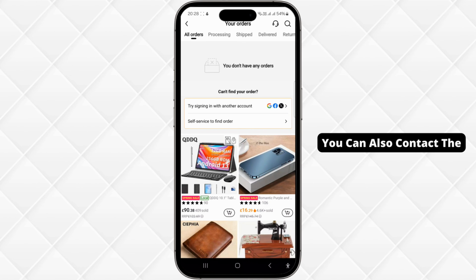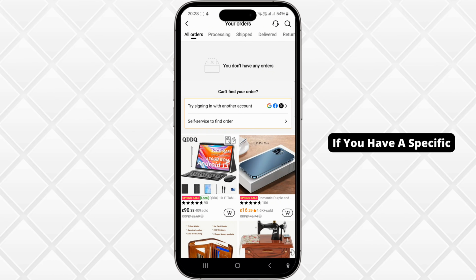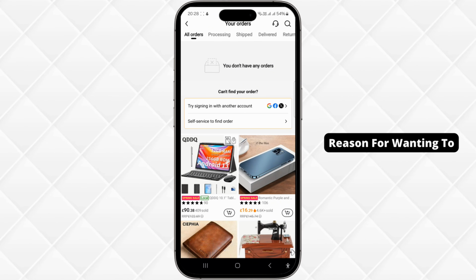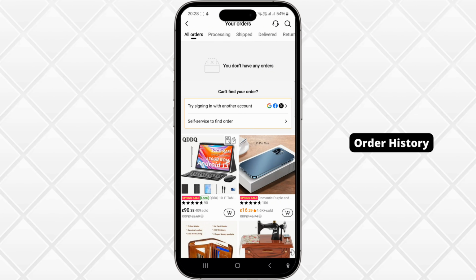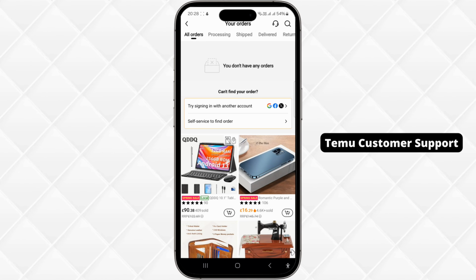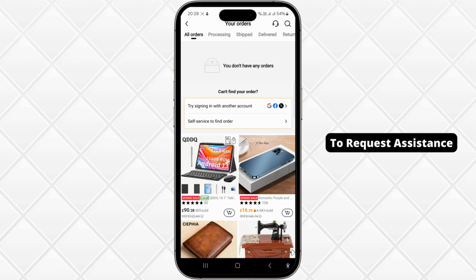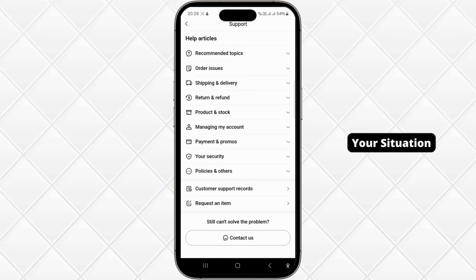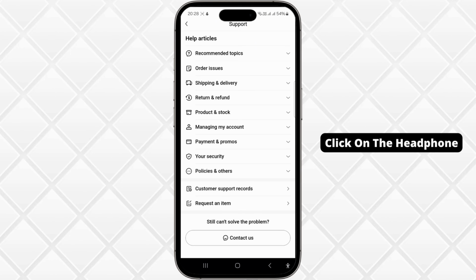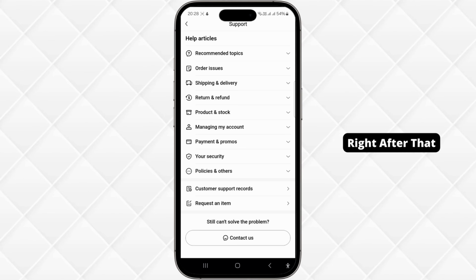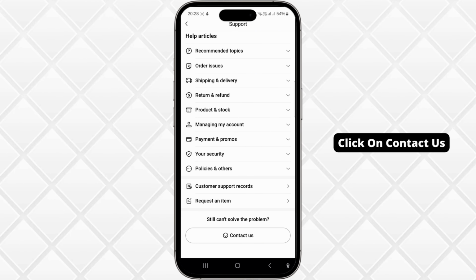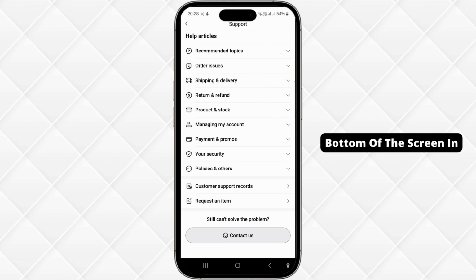You can also contact the Temu customer support. If you have a specific reason for wanting to remove or clear your order history, you can contact the Temu customer support to request assistance. They may offer a solution or guidance for your situation. So for that, you can click on the headphone icon in the top right. After that, click on Contact Us option that is in the bottom of the screen in order to explain your